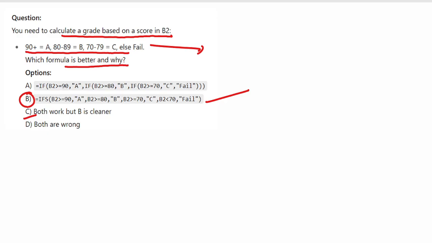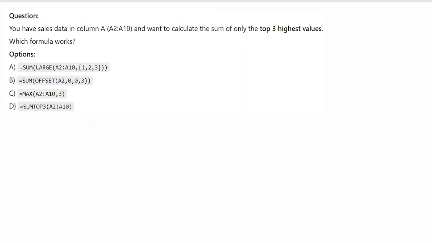Option C is also correct, but B is clearer than A. Since we want the better result, we go with option B. Now move to the next question.